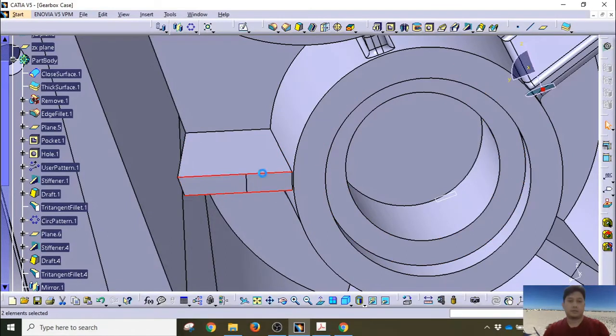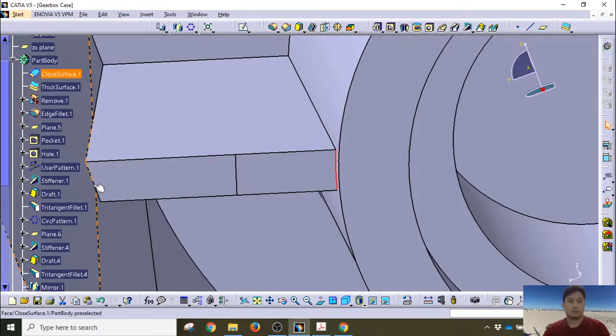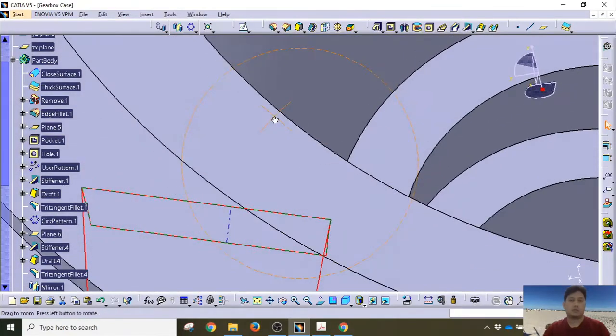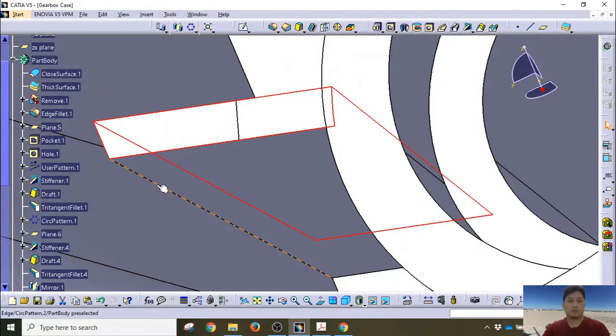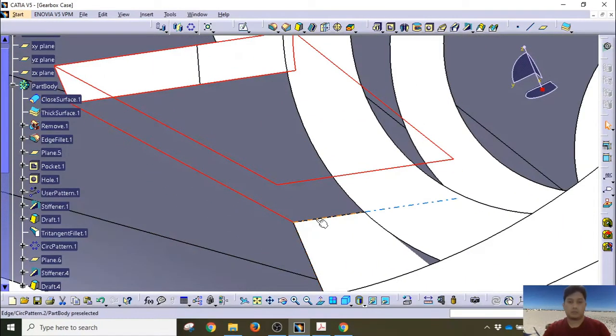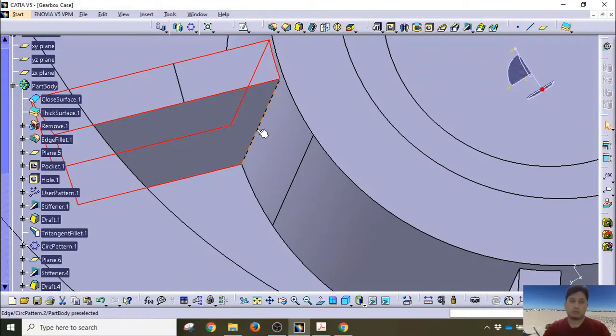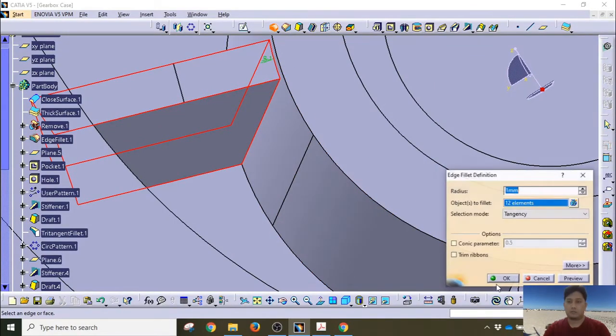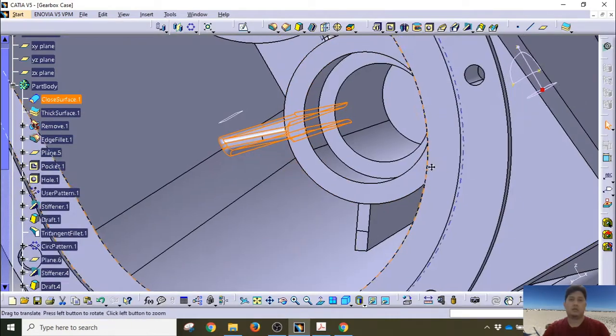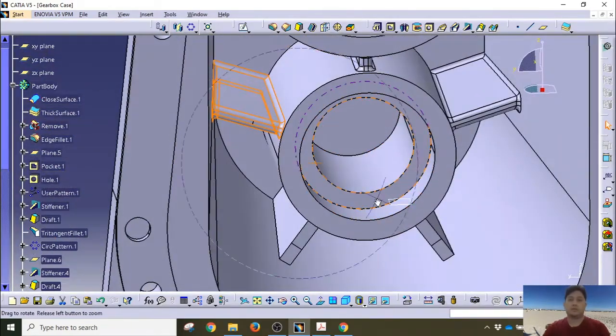So we have to be careful selecting it. One, two, 4. Okay, so we can continue for all the 5 ribs,